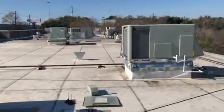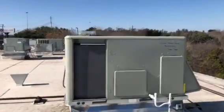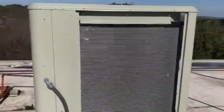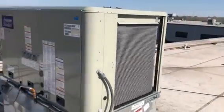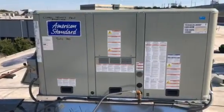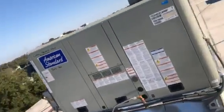Okay, we replaced one already here about 2-3 months ago, which is this one here. They were having the same problem, so this one here, we put their name there on the side. This is a 4-ton package unit right here, and so we're gonna give them a price for a new one. Okay, repairs for the problems they have, which I don't recommend, but also give them a price for a new